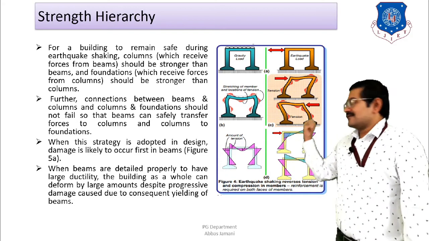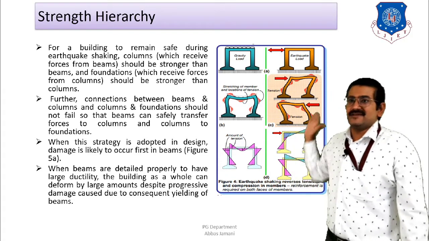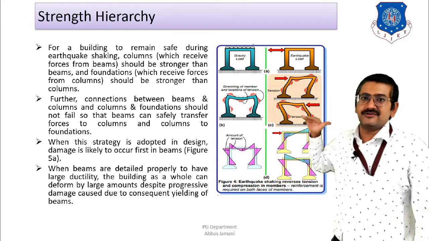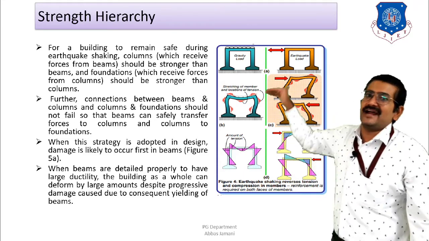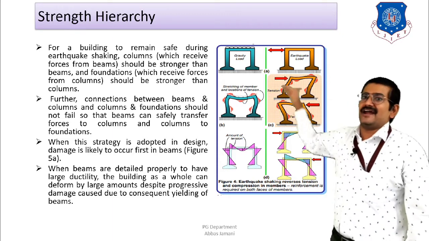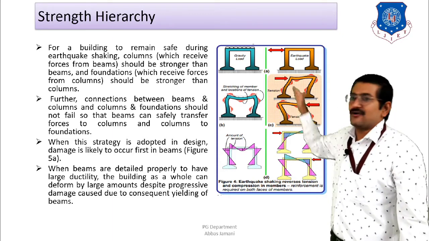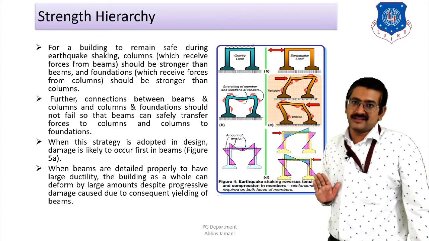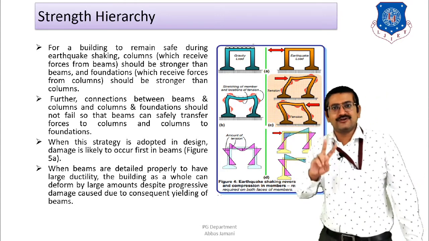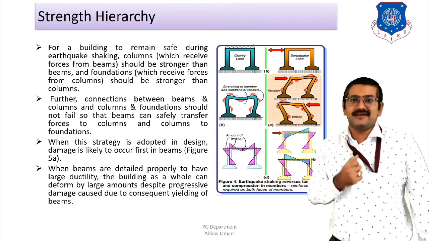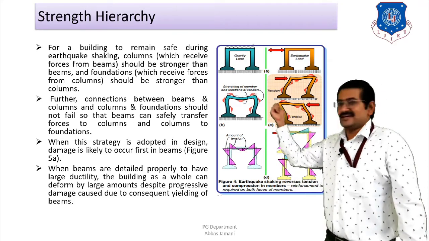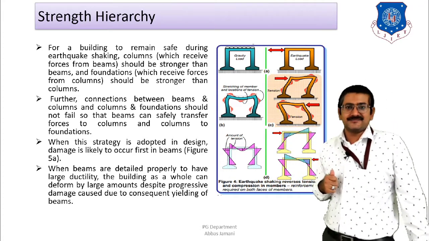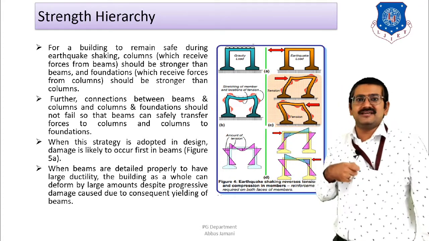Right? So what is going to happen is that whenever the force is considered from the other direction, that is the third figure that you can see over here, the horizontal force is applied from right to left. So when the force is applied from right to left, the column on the right side is going to undergo tension, and the column on the left side is going to remain in compression. So now you can see the situation is entirely reversed as compared to the first case. In the first case, the left column was in tension, whereas in the second case, the right column is under tension. Now what is going to happen in case of the moment diagram?